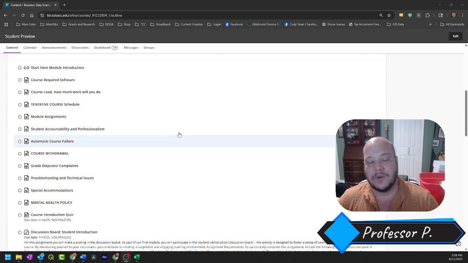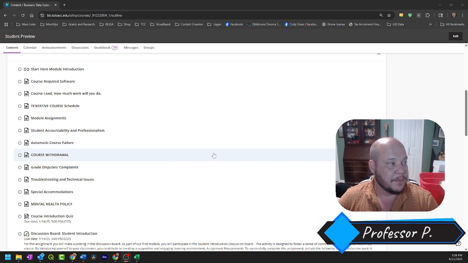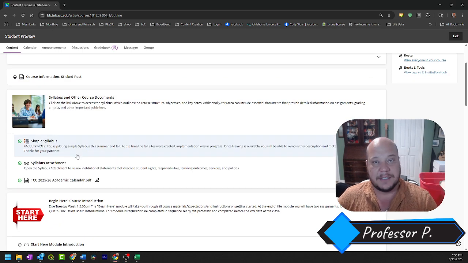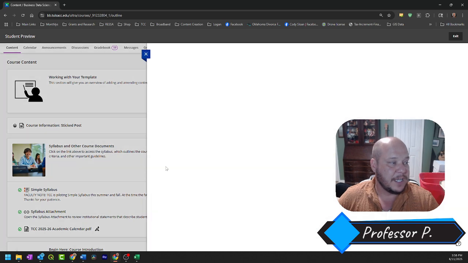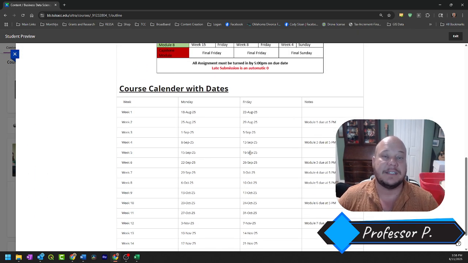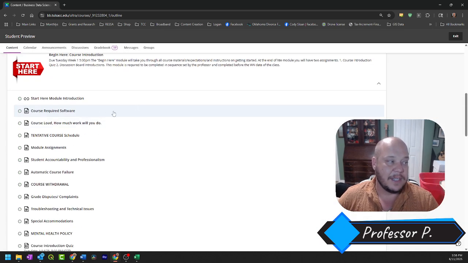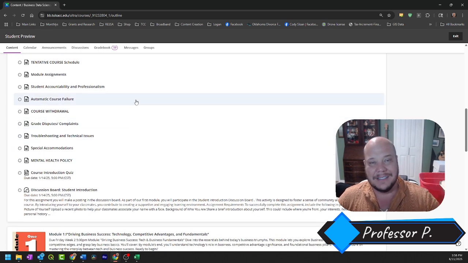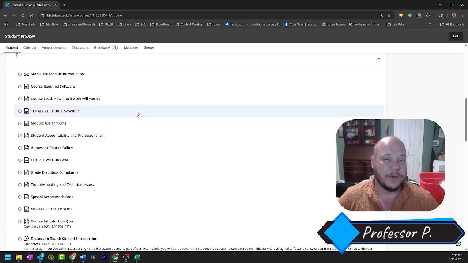What this is, your course guidelines, expectations, rules, and procedures, how this class actually functions, the things that you need to know. So as you read through here, know that your syllabus and other course documents are important. That gives you your basic information about the class. Your course sticky note gives you your basic information about when due dates and assignments happen, as well as your late assignment requirements. And then the Start Here is everything from what required software you have to how you withdraw from the course, what happens on a course display or disputes and grades. This is the actual functioning body of your courseware,